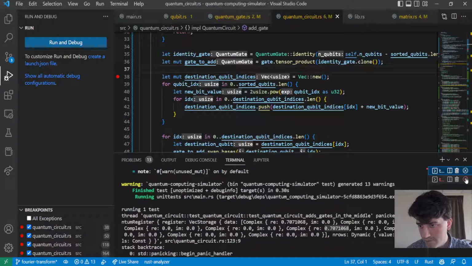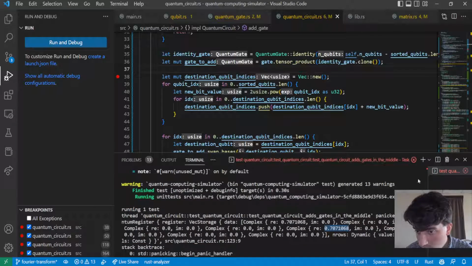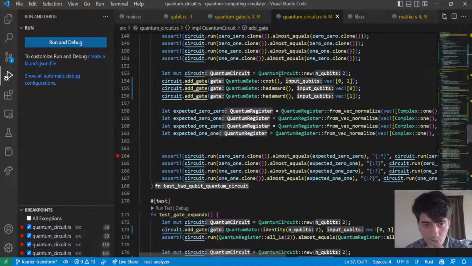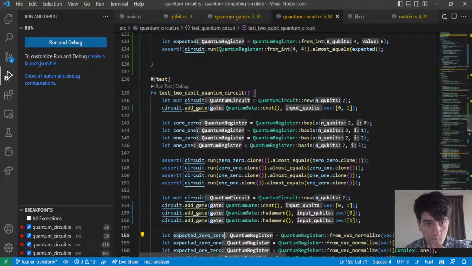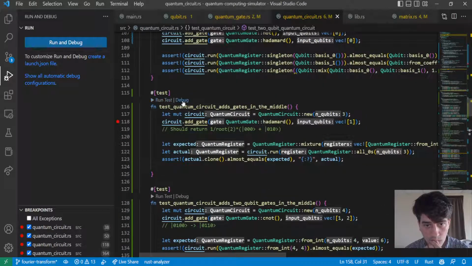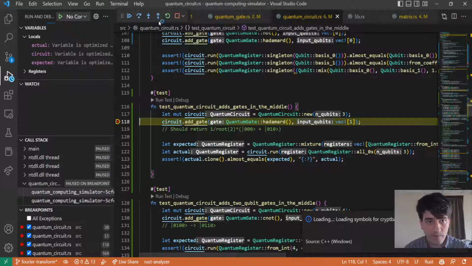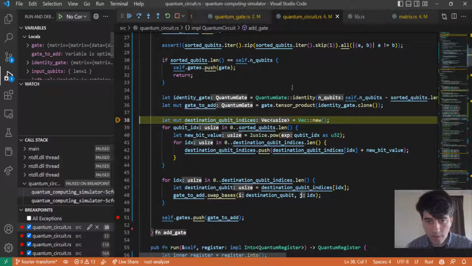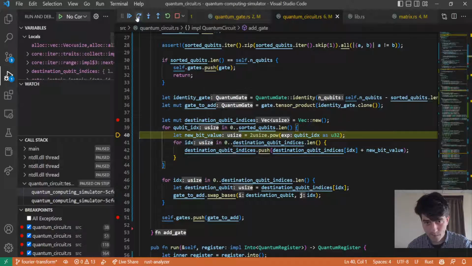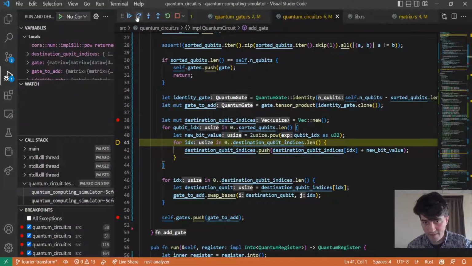It's not letting me trash these. Okay. So we are saying the new bit value